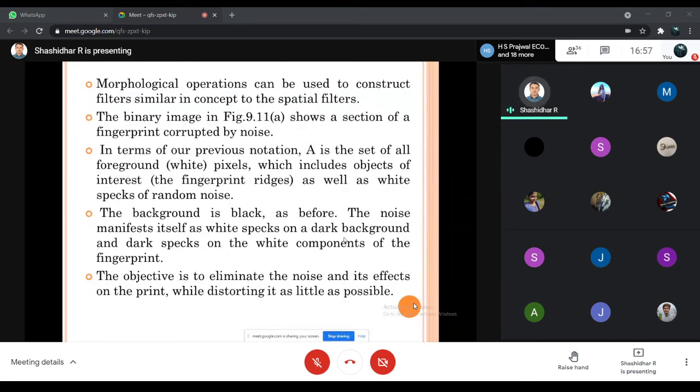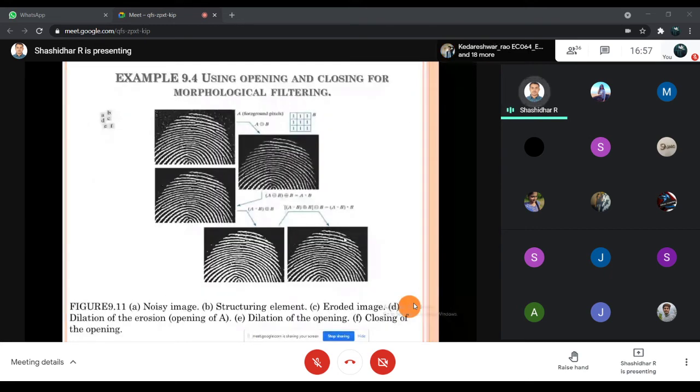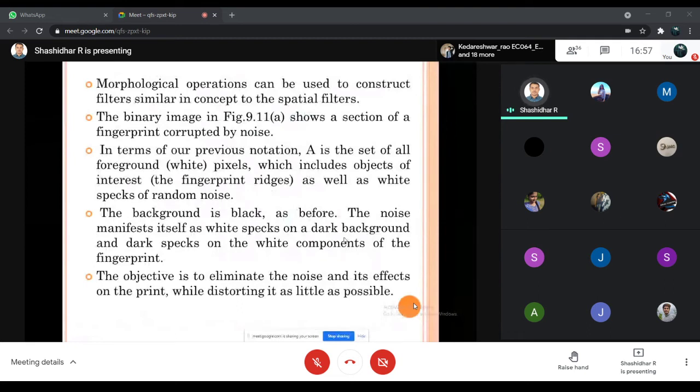The binary image in 9.11a shows sections of a fingerprint corrupted by noise. So when you take a low resolution or noisy image, in terms of our previous notation, A is the set of all foreground, meaning white pixels, which includes objects of interest, the fingerprint ridges, as well as white specks of random noise. The background is black as before.